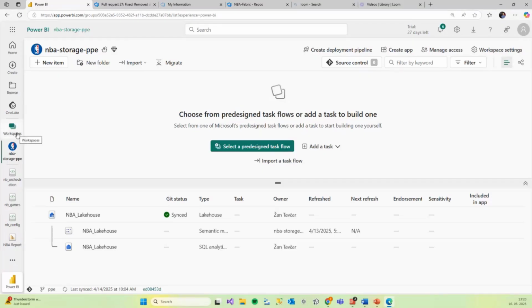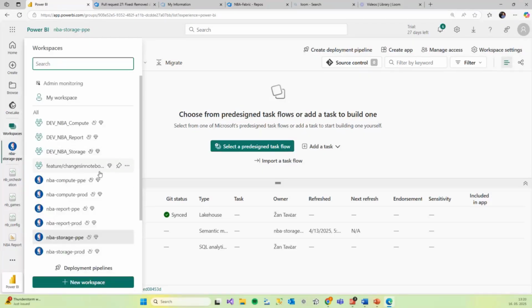But besides this, my workspaces are not divided only on their primary purpose. They're also divided by stage in development. So you're able to see here that I have some kind of naming convention. MBA compute PPE, meaning pre-production, and MBA compute prod, meaning production. And basically what I want to point out here is that the naming convention is extremely important, because with the help of